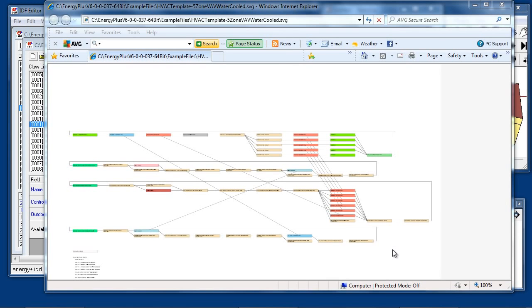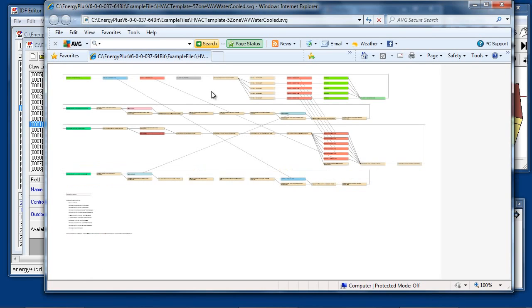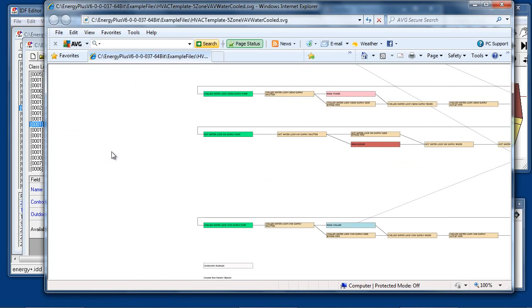Every EnergyPlus simulation which contains HVAC equipment will produce an SVG output file. This file gives a simple block diagram of the air loops and water loops present in the simulation. In this case, there's an air loop serving 5 zones, chilled water loop with 1 chiller served by a condenser loop with a cooling tower, and then there's a hot water loop serving the 5 hot water reheat coils. If we zoom in,